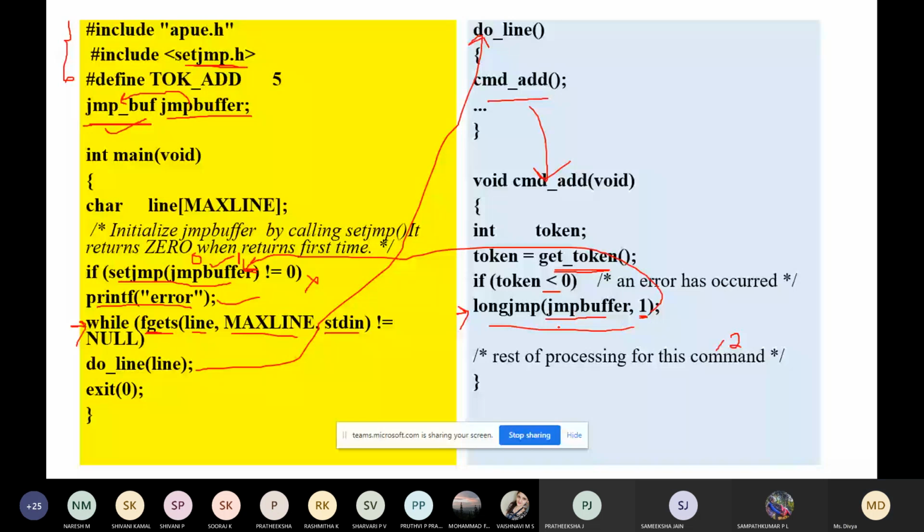The main thing you have to understand here is that set jump is used like a label, to set a label, and long jump is used to pass the control of the program to the specified environment variable, that is the jump buffer, with the return value. This is what the explanation says.